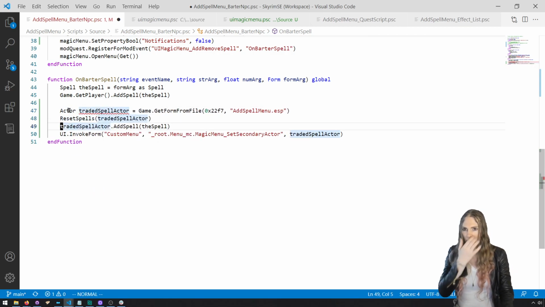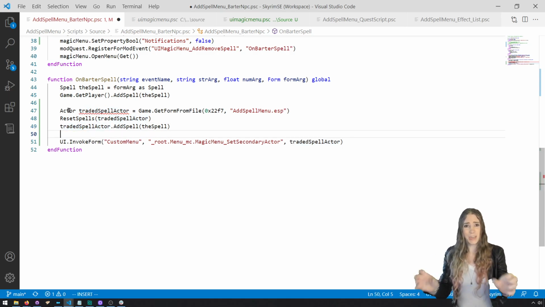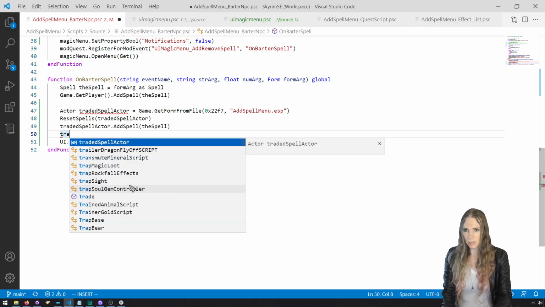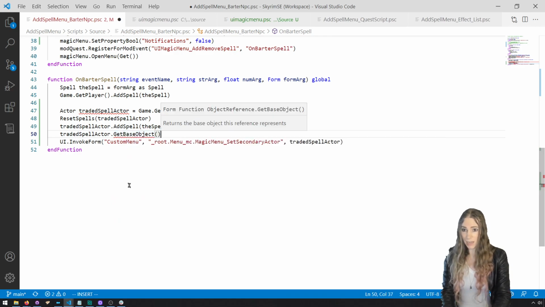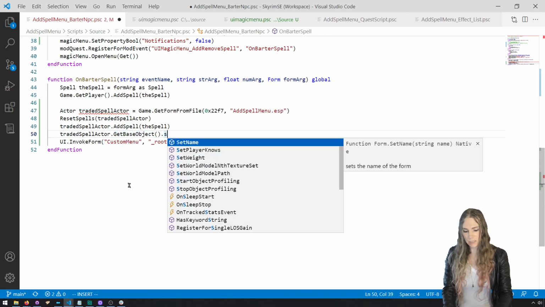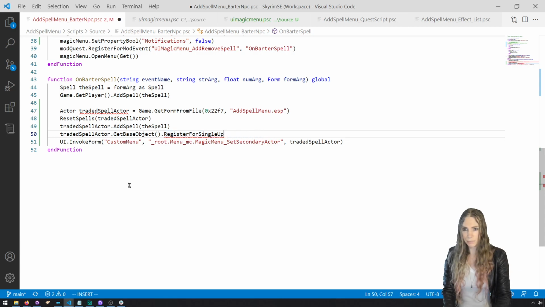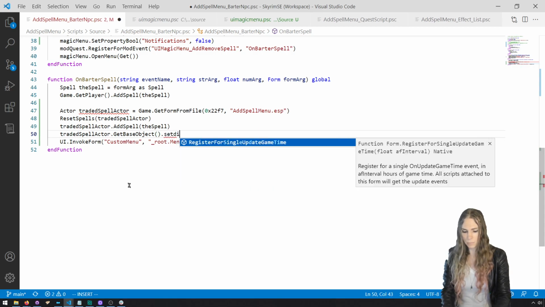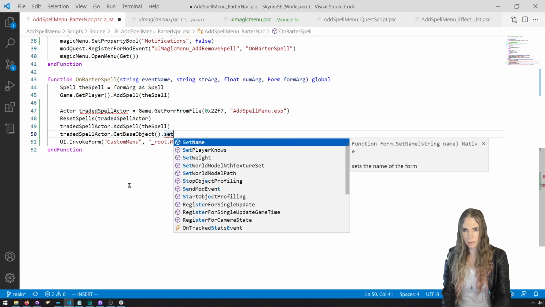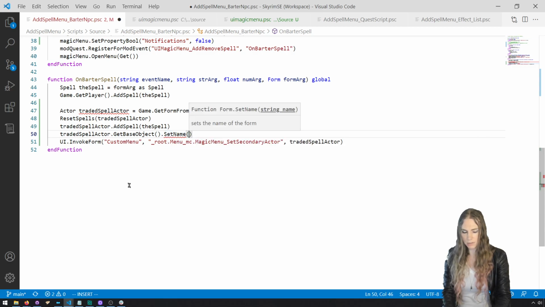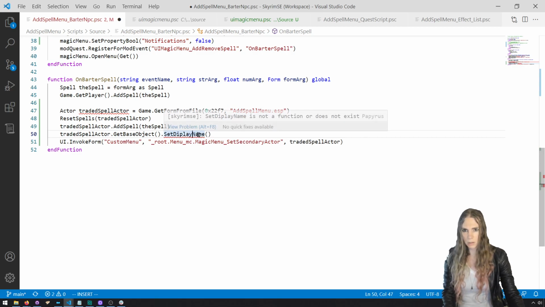we reset their spells. I just need to change their name, because right now it says trade actor, but it's supposed to say your player's name, which is prisoner when you COCN. So I'm going to say trade spell actor, get base object, which is their base form, not the instance. I'm going to set their display name. Set name, maybe? Set name. Still set their name. Can you set a display name? It's not. I'll set their name to